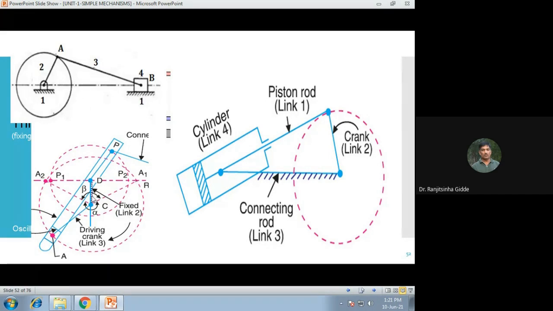Second inversion, link 2 is fixed. Here first is fixed, here second is fixed, and here is the link number 3. This one is the connecting rod. In third inversion the connecting rod is fixed. Did you see it? Did you understand? Yes, sir. So like this only we are going to alter the mechanism to get a particular function or to get the particular motion required as per the application.